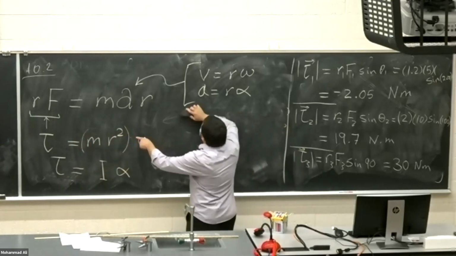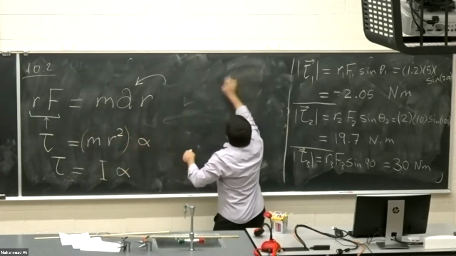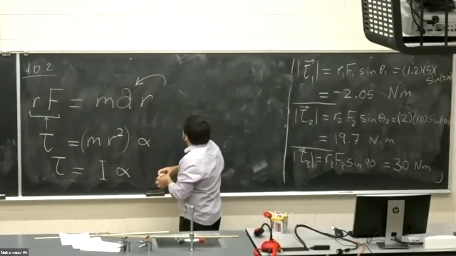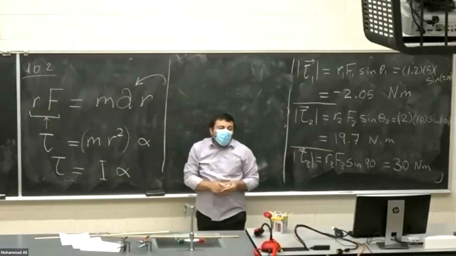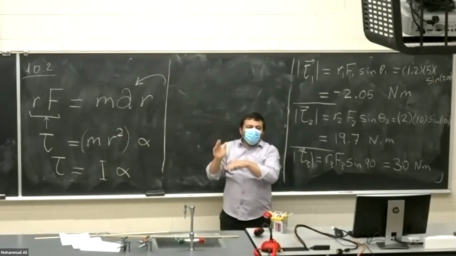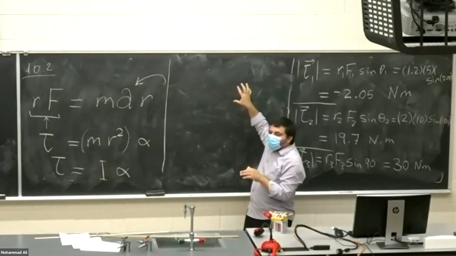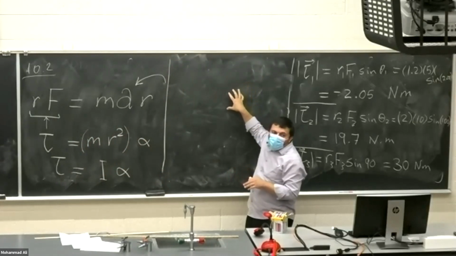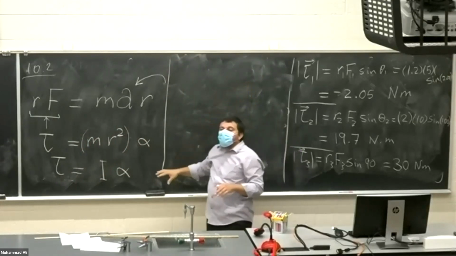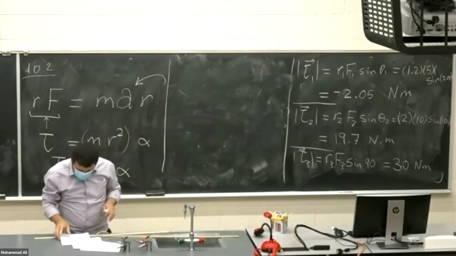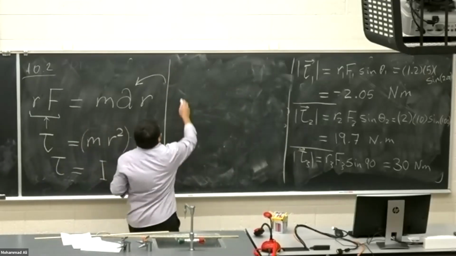Remember that mr squared is the general formula for the moment of inertia. But I gave you a sheet with a table for a cylinder, for a ball, for a disc. Each of them has its own moment of inertia. Now, in our example,